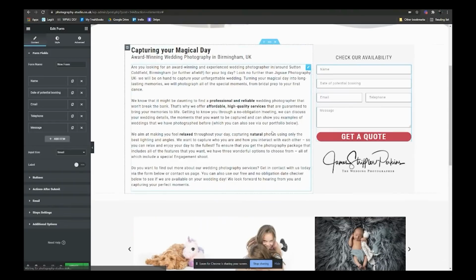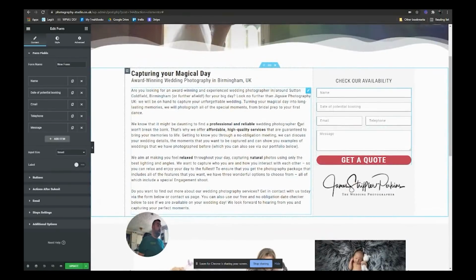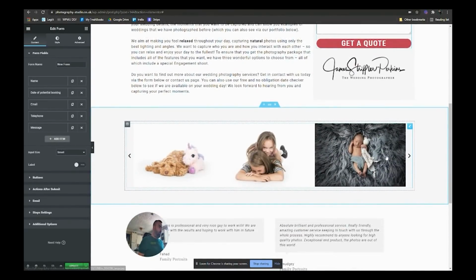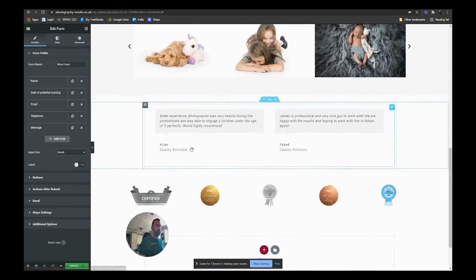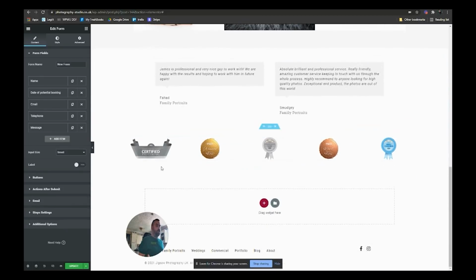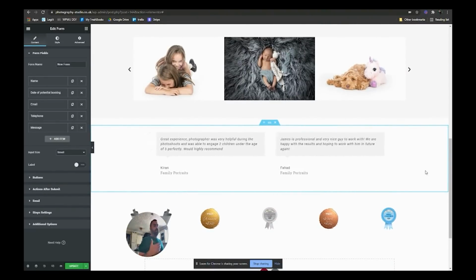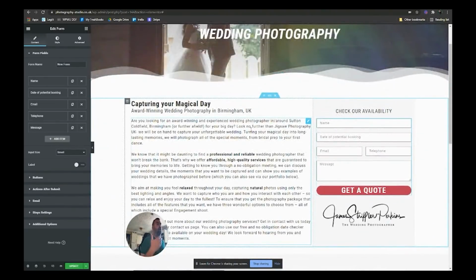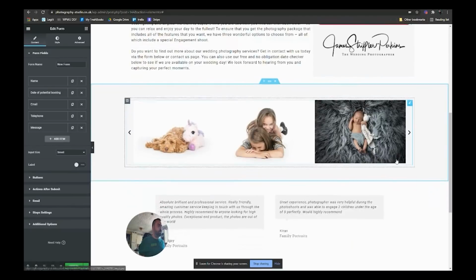Now let's go back to editing some of this page. Now we've got some of this information that we know works really nicely. The portfolio, so you would change these photos to suit wedding photos, obviously, some testimonials, and then we've got your credentials at the bottom. One thing that I think would be really important at this stage for a wedding photographer, or for example, if you've got various different price lists or whatever, something like that, then what we could do is add a